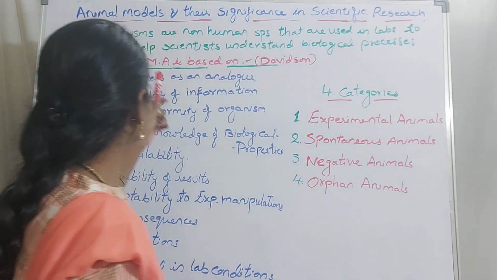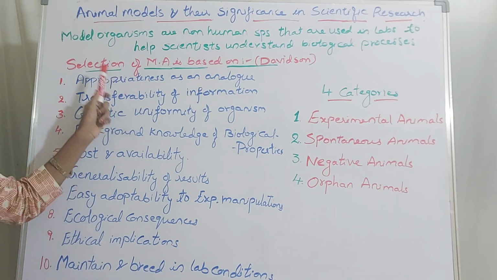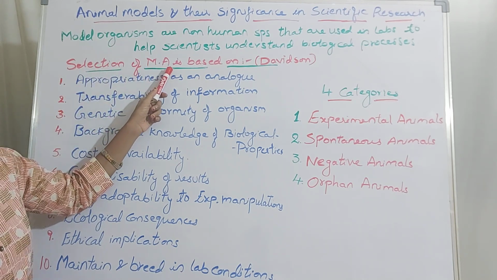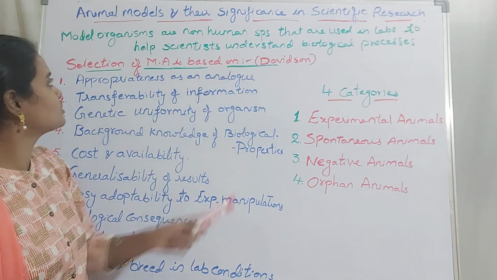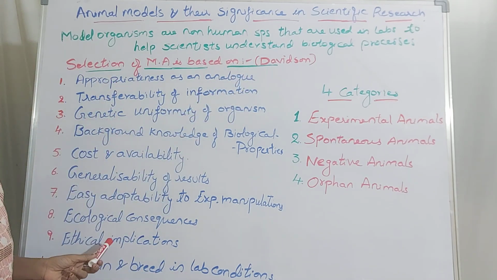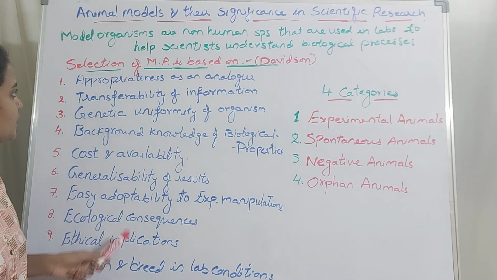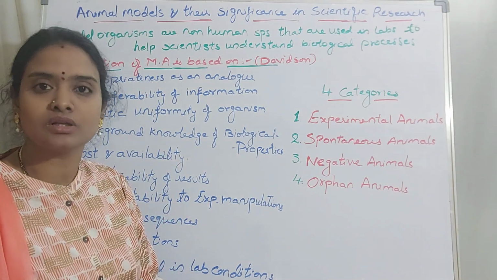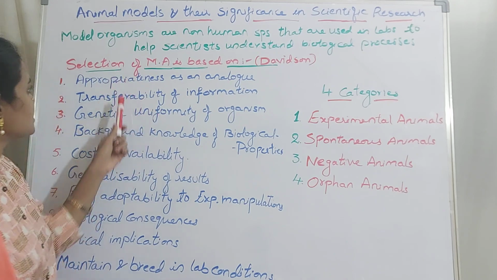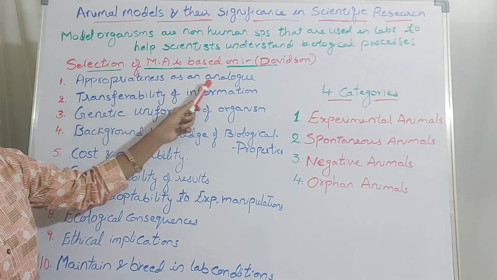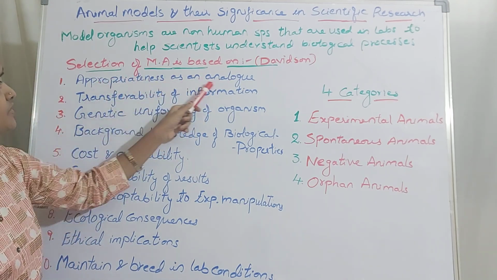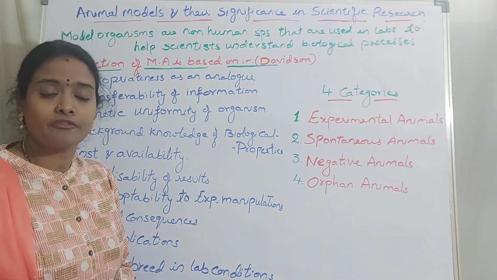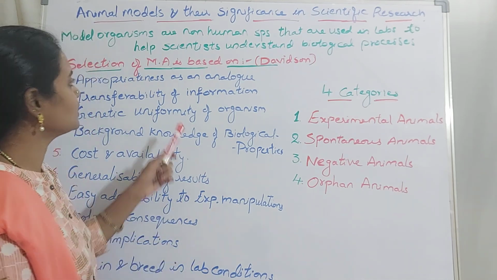So here you can see, based on the animal models or model organisms, Davidson has given certain characteristics. These are the appropriate characteristics which must be present in your selected model animal. The first one is appropriateness as an analog. This is the first characteristic that a model organism must have, where it must be more or less similar to